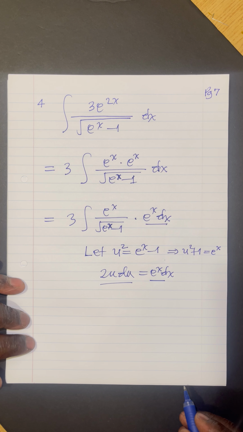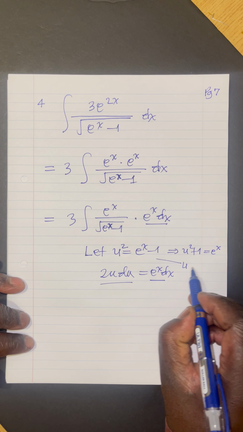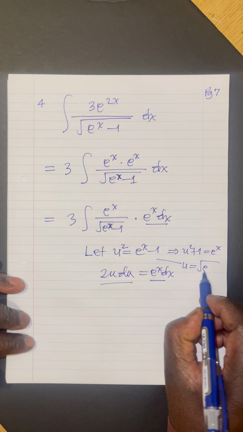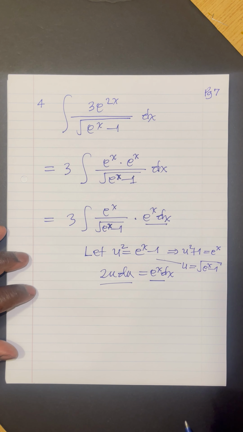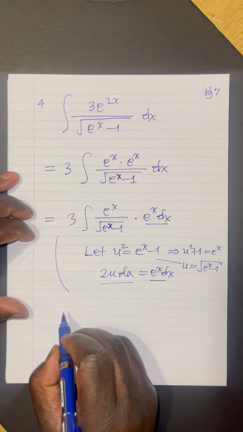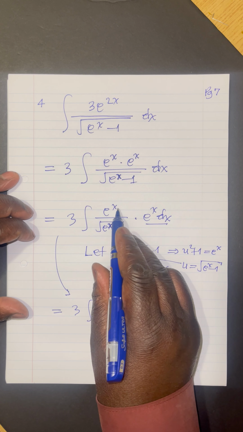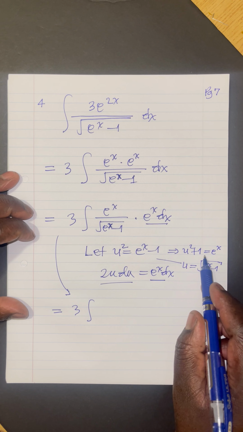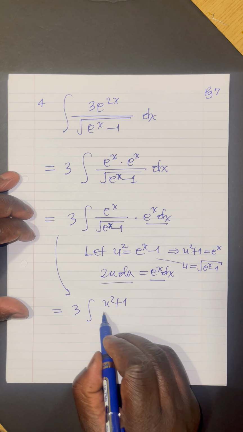We may also need u. Working out u from here, you can see that u is in fact the square root of e to the power x minus 1. We may need that one at a later stage. Now, rewriting this integral, we are saying that the integral should be 3, the integral of, instead of e to the power x, I'm going to have u squared plus 1 in the numerator, all over